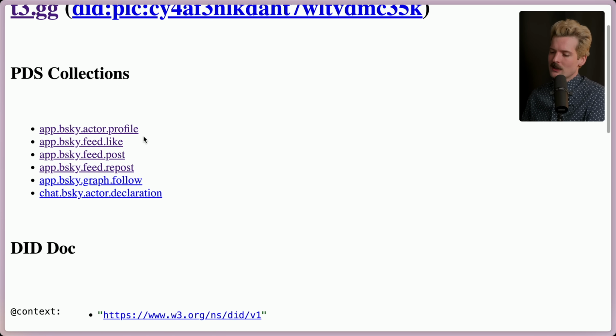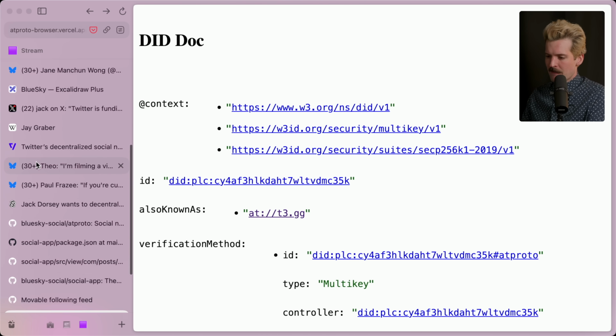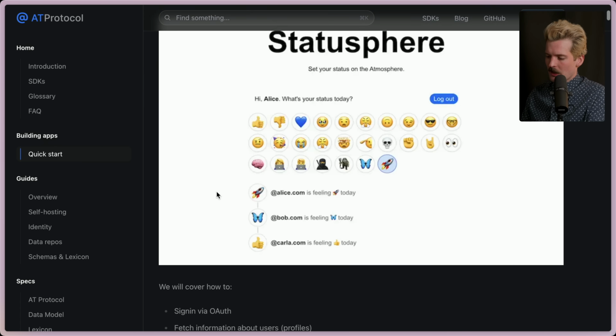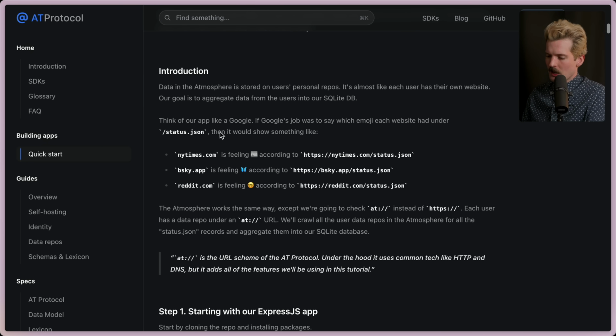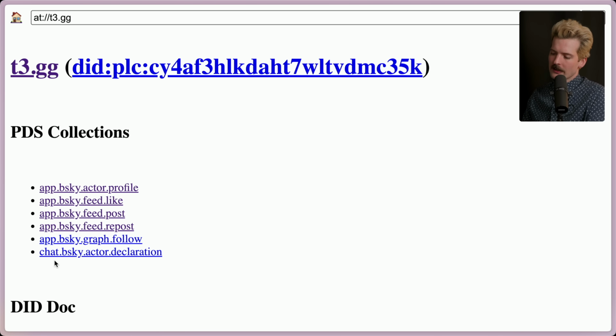It's a way of defining this URL points to this schema, and now anyone can post something that matches that schema to their owned instance here. And this is a very, very open standard. You can go to atproto.com and quick start and build your own app for free on top of this protocol. So if I wanted, I could make gg.t3.feed here as my own version of a feed, post things to that with my own app,